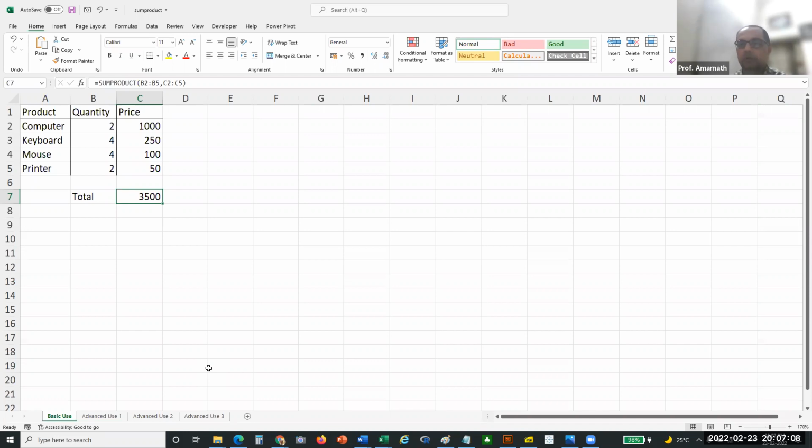Because when it comes to complex things like machine learning or deep learning, we try to use TensorFlow. Of course, we use languages like Python and R or C, C++ or whatever it is. So that's fine there. But to learn at a conceptual understanding, SUMPRODUCT is part of matrix